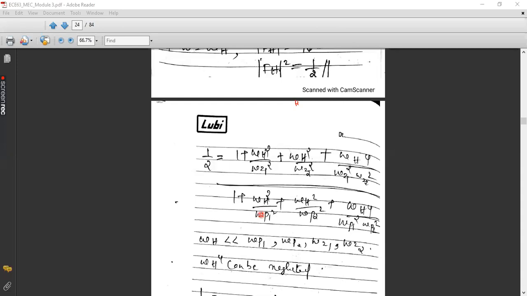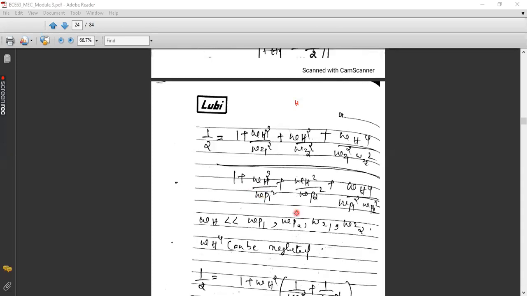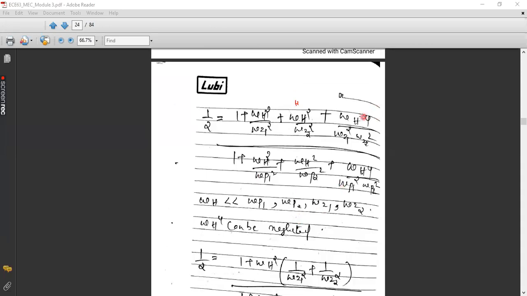Okay. Now, one assumption: I'm trying to neglect the last term of both numerator and denominator. Why I am neglecting is the assumption that the high cutoff frequency omega h will be very much less than omega p1, omega p2, omega z1 and omega z2. So all the available poles and zeros are very far apart from the cutoff frequency that we are going to calculate. That is a normal thing. That is, all the frequencies corresponding to the zeros and poles are lying at a far location when compared to your cutoff frequency omega h.